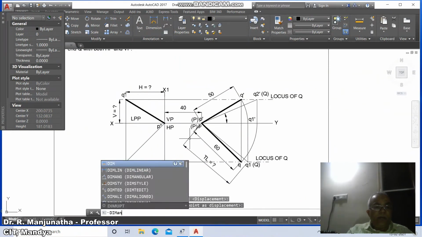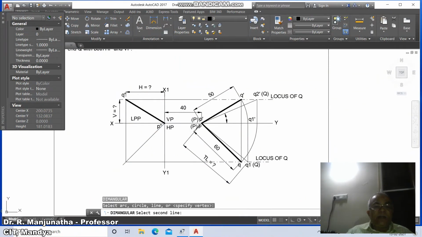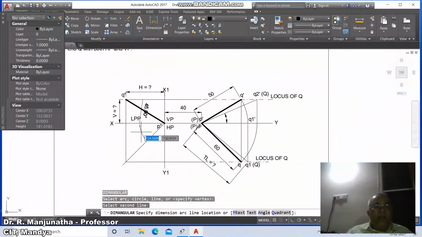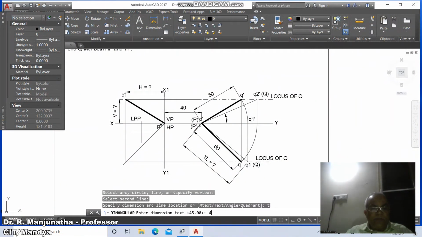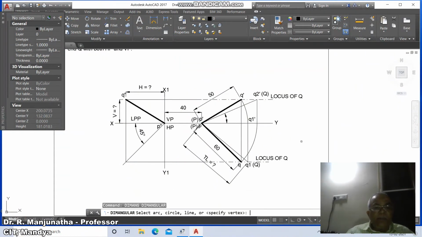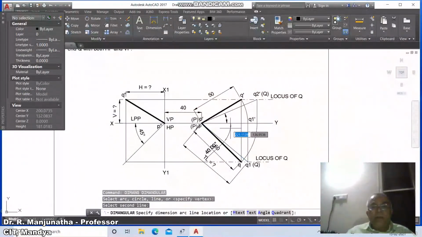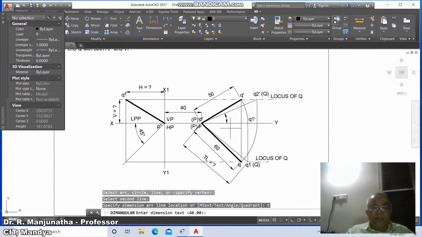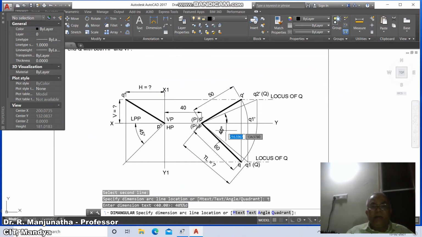Then dim angular, select between this line and this line, and here go to text, type 45 percentage D and type it here. So this is how you will be able to write the solution.